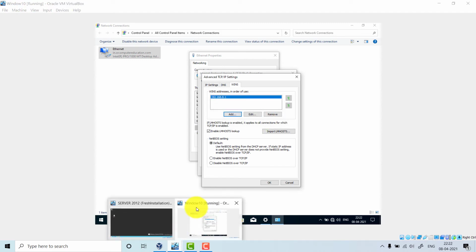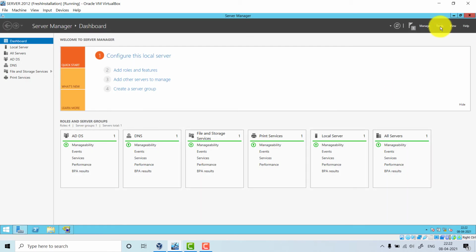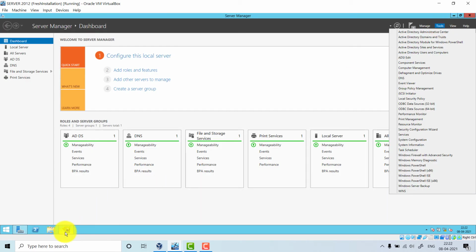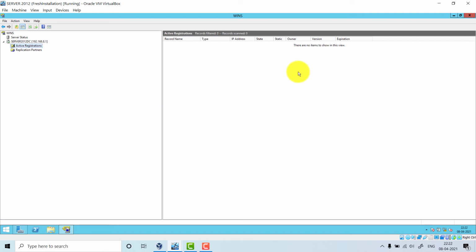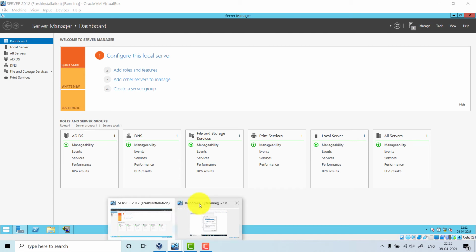Now see here, student, till now we are not having any active registration. After I add, I will get active registration. I will get some entries here, and that entry will be of the Windows 10 client machine, this machine.